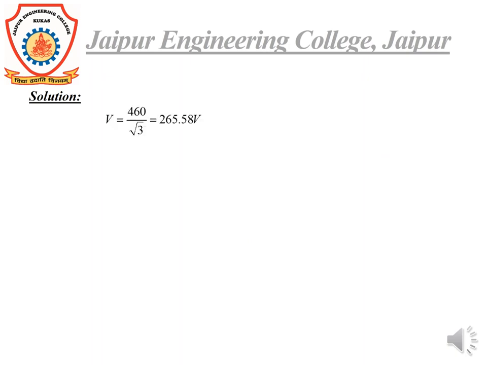So okay, V is given for the three phase motor, which is 460 volt. So we will divide it by root 3. We will get V equals 265.58 volts. Okay, now the speed for 60 hertz will be 2 pi f, as we know omega is 2 pi f. So we will get the speed as 377 radians per second.